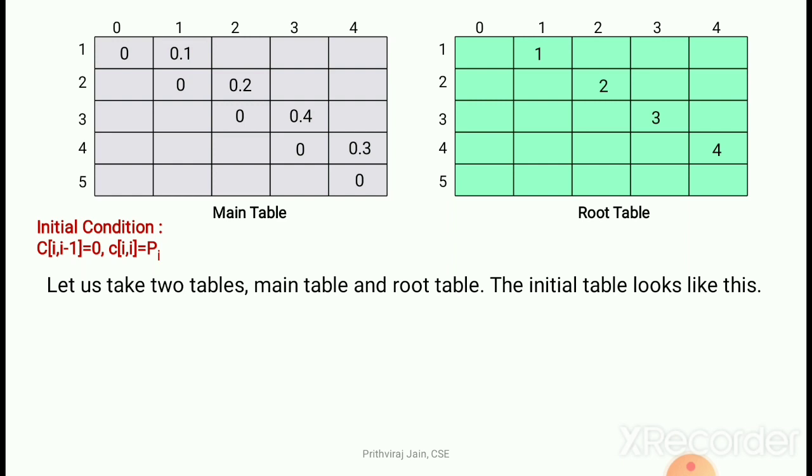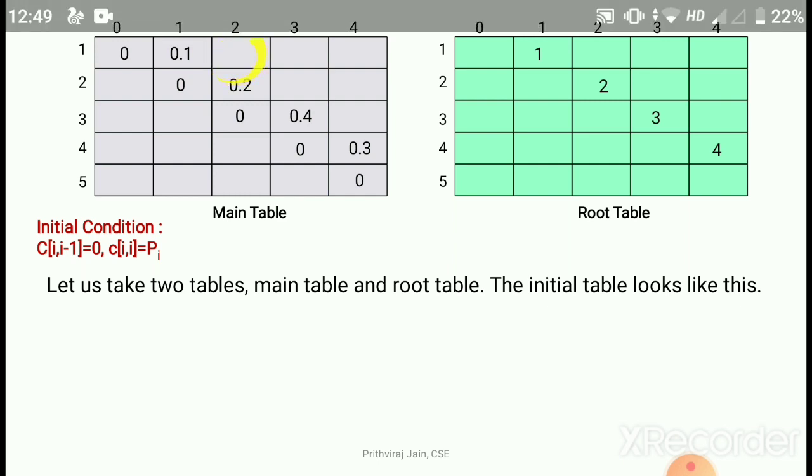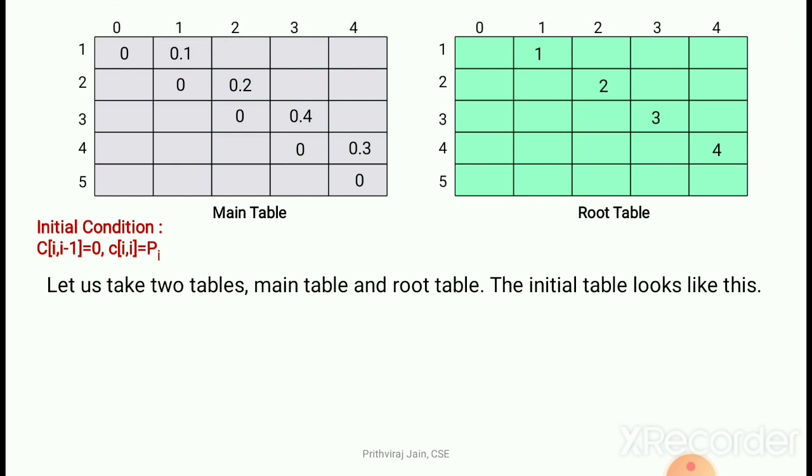After this, the next thing is we have to calculate C of 1 comma 2 first. We have to start from here, and one thing you have to observe is that we are going to fill the data along the diagonal. Diagonally we are going to fill the data, and our calculation lies only above the diagonal. We are not going to touch any part which lies below the diagonal. Our calculation remains only on the upper side of the diagonal.